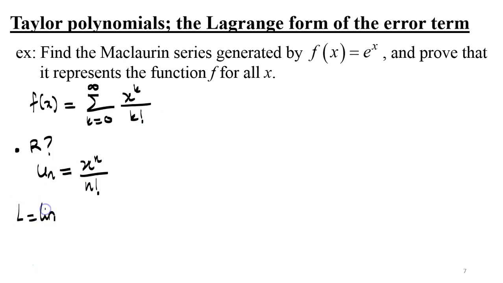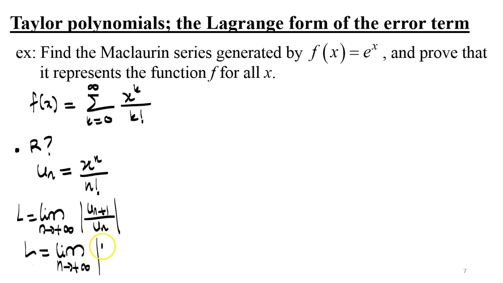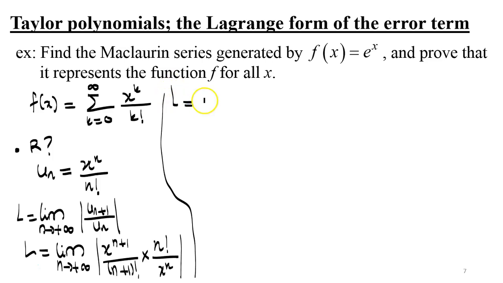So I start by determining the limit when n is approaching positive infinity of the absolute value of u_(n+1) over u_n, which is the limit when n is approaching positive infinity of x^(n+1) over (n+1) factorial. Now divided by u_n, that would multiply this by n factorial over x^n. So L would in fact be equal to the limit when n is approaching positive infinity of